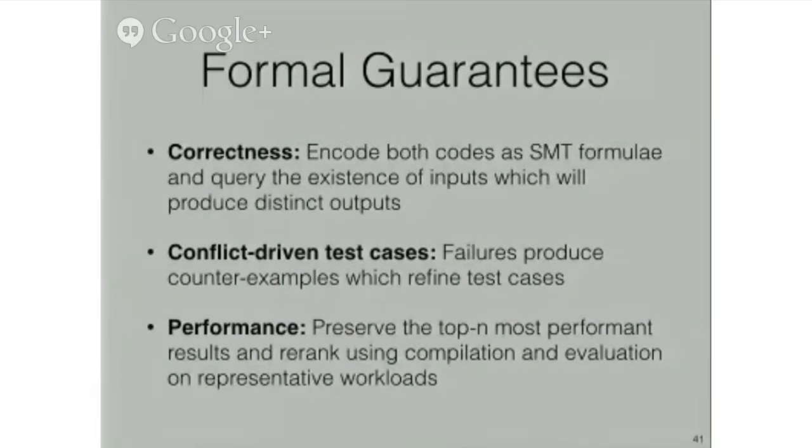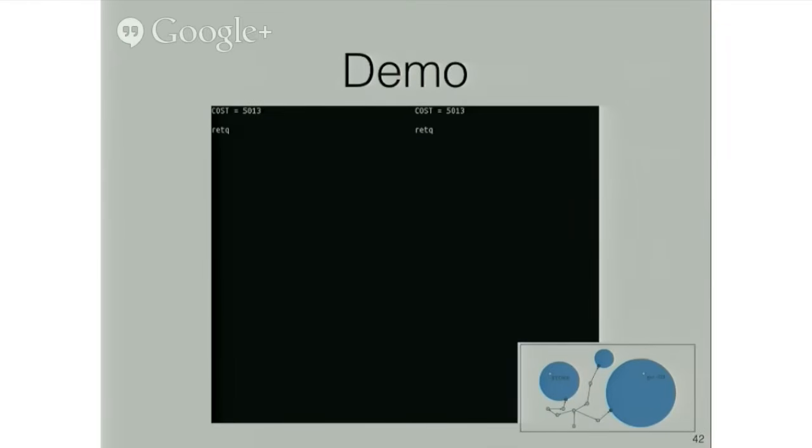And as a useful side effect, if the search fails, a counterexample that's produced by a failed proof can actually be fed back into the system as a new test case, and as a result, improve the predictive powers of the correctness function. And to deal with performance estimation error, for our performance function, we just record the top N% best scoring rewrites obtained during optimization, and we either hand them all back to the user, which is already something that a traditional compiler can't do, give you more than one interestingly distinct implementation, or we just compile and run them on an actual representative workload and return the truly fastest result to the user. So that is the whole idea from start to finish.